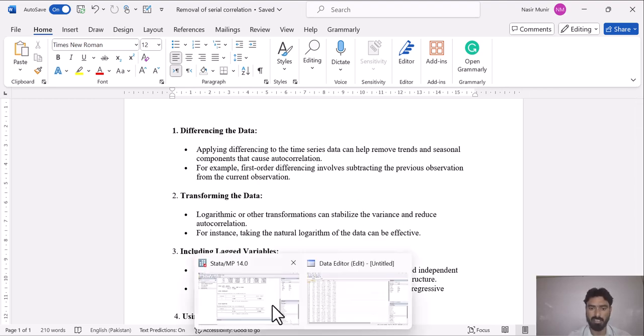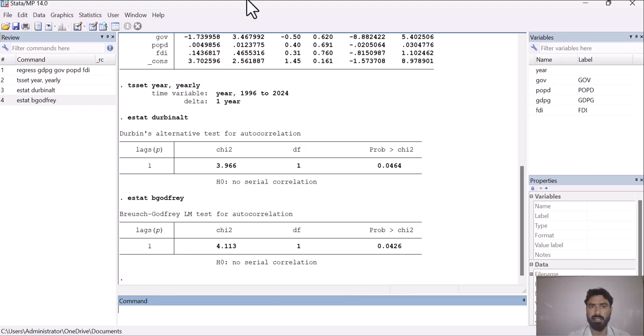So now let's get back to the Stata file, and here we will take the difference of our dependent variable, and then we run the whole linear model again, and then we will see whether the autocorrelation issue has been resolved or not. So the command for generating the difference for the variable is gen diffGDPG = d.GDPG, as we are interested in taking the difference of the dependent variable.